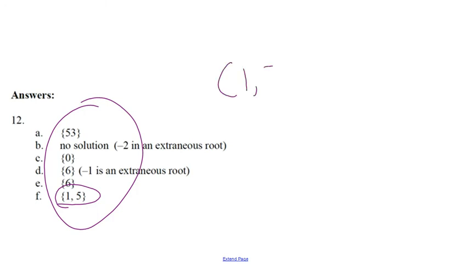Do not write this. What's this? It's an ordered pair. It's the point 1, 5, right? It's x is 1, y is 5. We don't have any of that going on here, right? We're solving simply for values of x. All right, so I'll take a sentence. The solution is x equals 1 and x equals 5, or x equals 5. The solution is x equals 5 and 3. The solution is, there is no solution, right? Or the solution is 6, and the negative 1, you've checked, you've shown it's extraneous, put a little x through it, but also state the solution. Okay, questions on